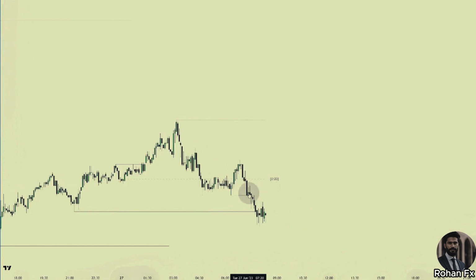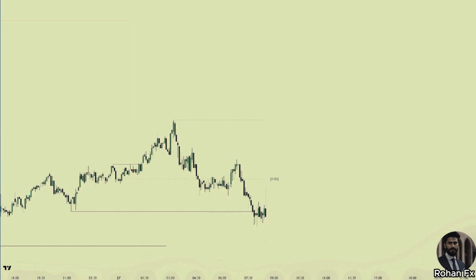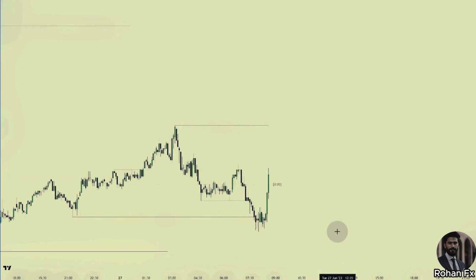Hopefully that shows you how to use liquidity and what important liquidity levels you can mark out. If you don't know what to mark out, the indicator used in this video is